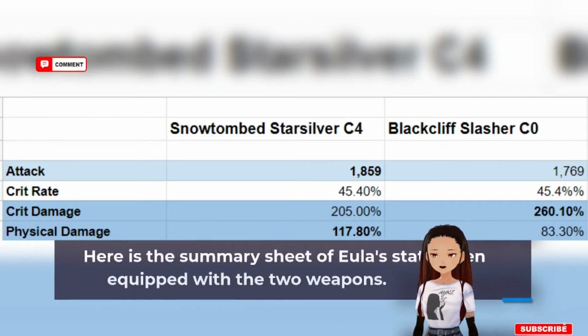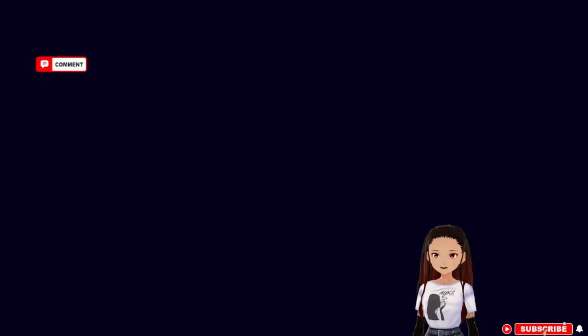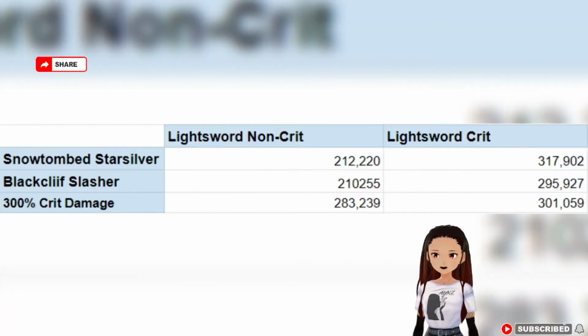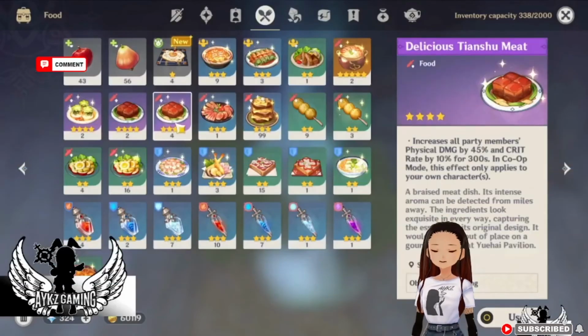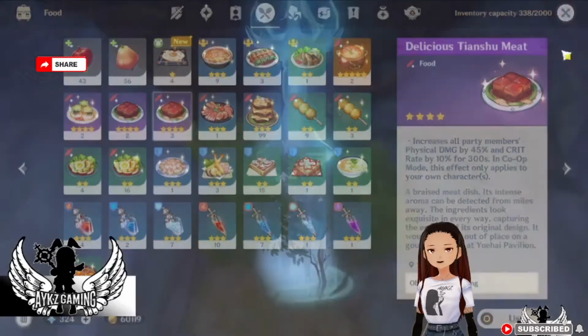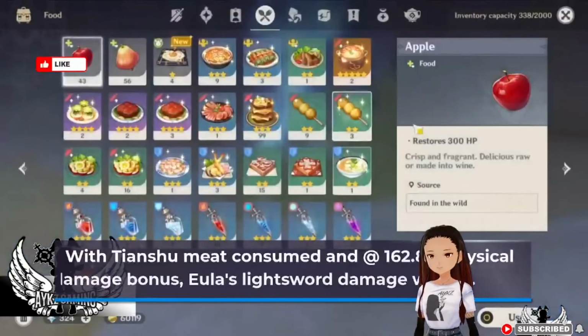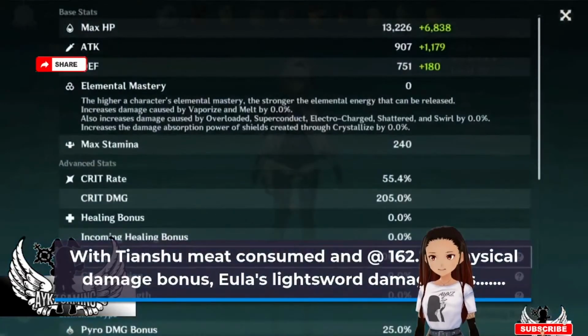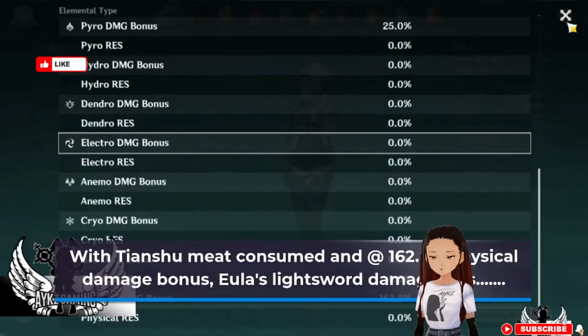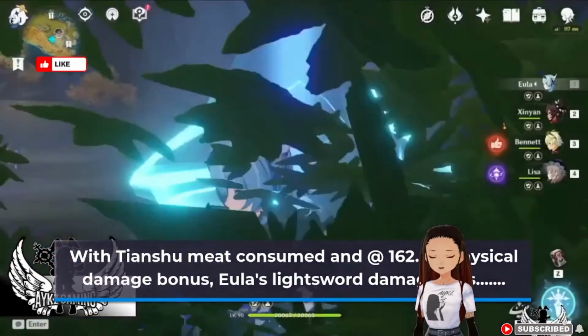So here is the summary sheet of Eula's stats when equipped with the 2 weapons and the damage, crit, and crit damage output. Since we know that Eula's burst is based on physical damage and attack, I put her with a team that will greatly buff her light sword damage. With Tianshu meat consumed, Eula's light sword damage would be...